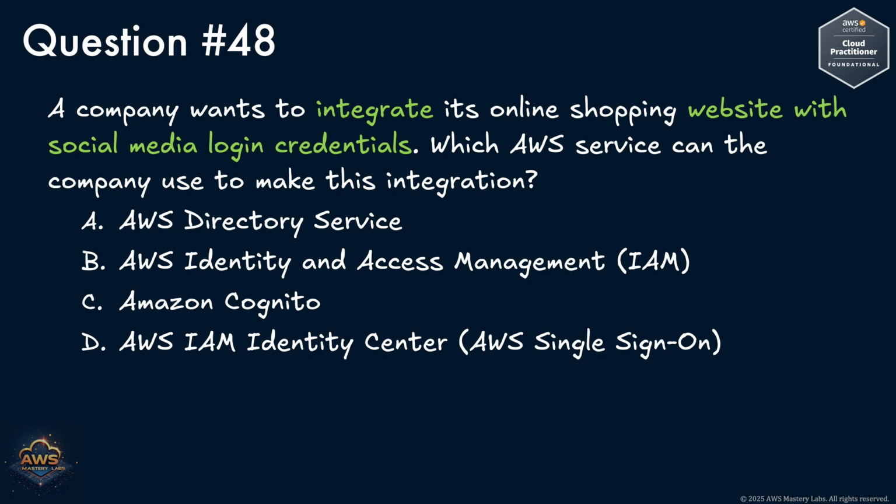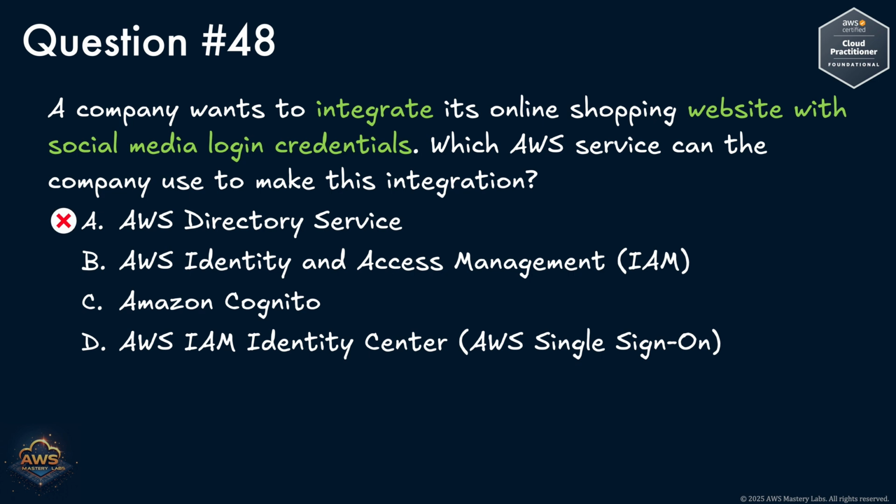The critical requirement here is the ability to authenticate users using external identity providers, IDP, like Facebook, Google, or Apple. The goal is to allow seamless sign-in experiences using familiar third-party credentials. We need to identify an AWS service that can support federated authentication, specifically for web and mobile apps, and handle identity federation with external social IDP.